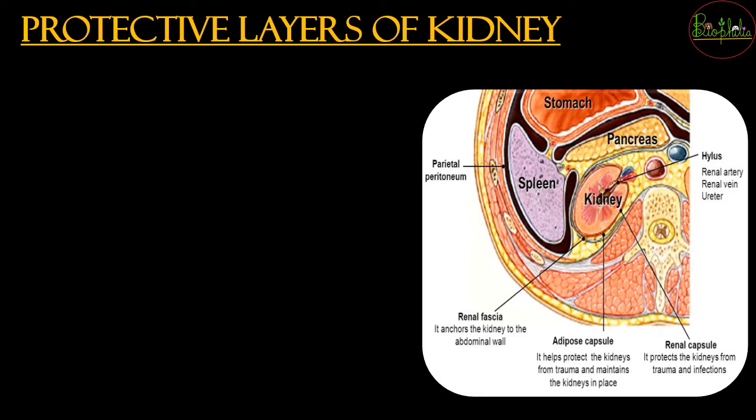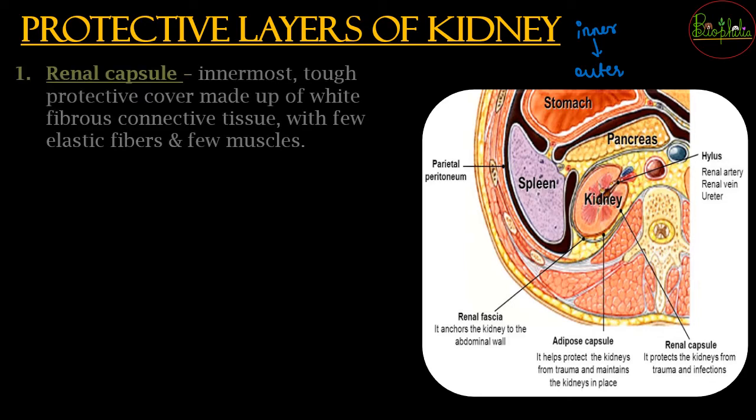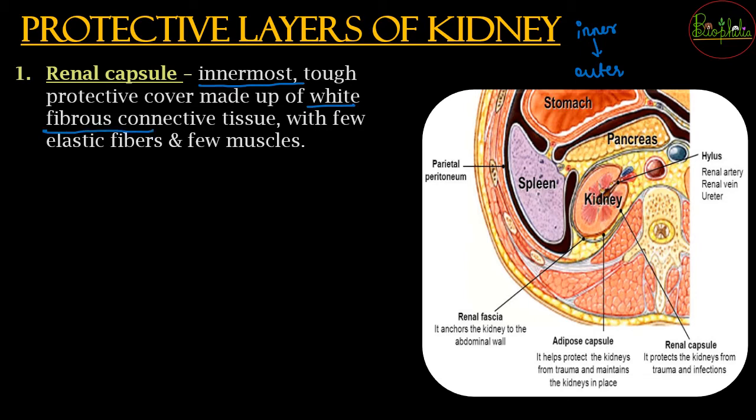So ये कौन से layers होते हैं? So we are going to see the structures which are going to come from the inner to the outermost protection layers. So सबसे innermost जो होगा, the innermost one covering, which is going to be made up of white fibrous connective tissue. White fibrous connective tissue है, उसकी वजह से the appearance will be going to be somewhat whitish in